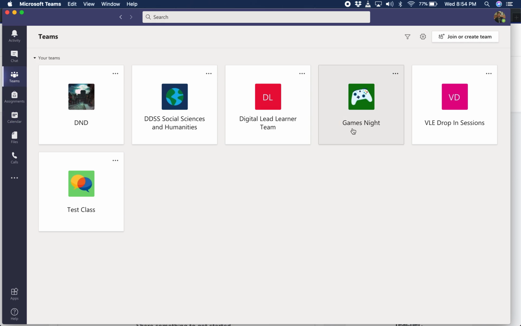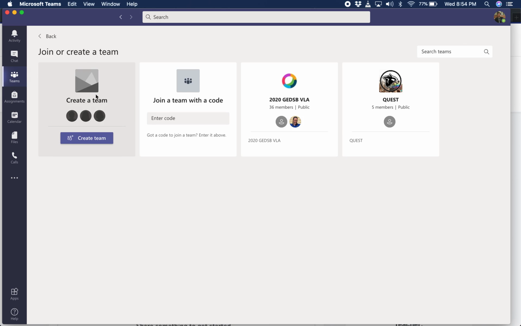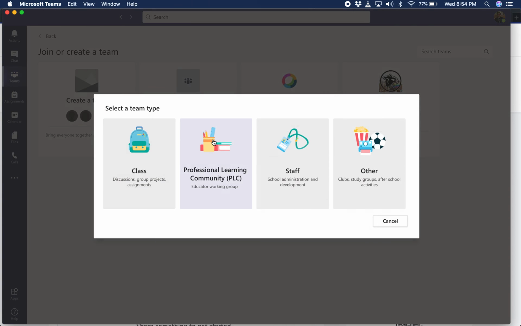So in order to do that, go up to Join or Create a Team and click on Create a Team. A couple different options here. So if you were looking to do other things like a PLC with your staff, you can do that. But specifically, if you're doing this for a class, it's a good idea to do this as, again, certain permissions are set and there are certain options that you might want to utilize. So click on Class,